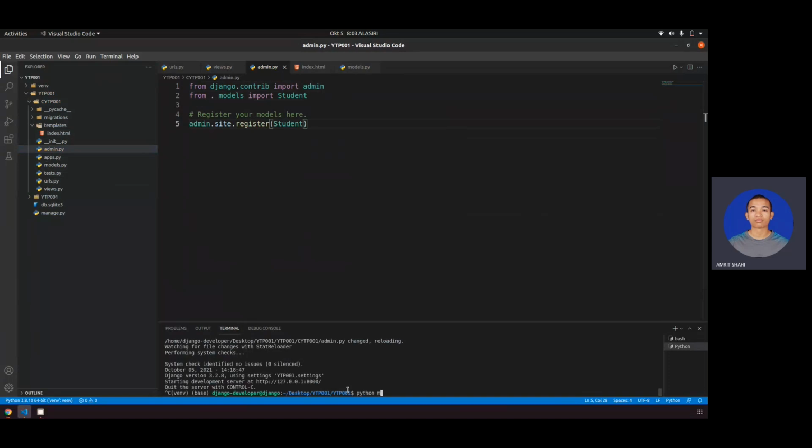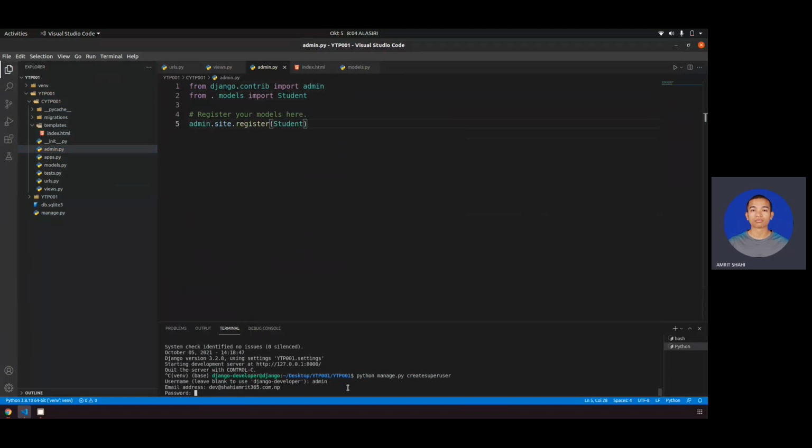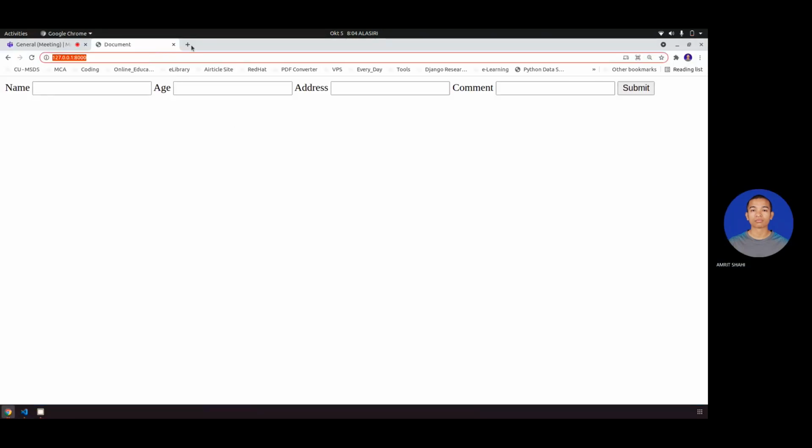For that, python manage.py createsuperuser, because I want to go to the database, the admin page. Admin I'm giving as username, and the email. The password 1249, okay, then save. Okay, let's run the server again, and let me open a